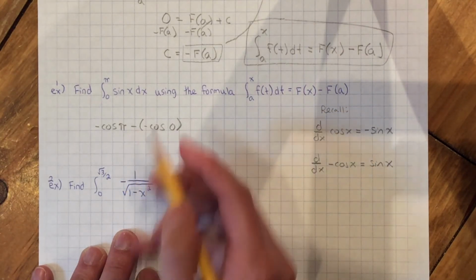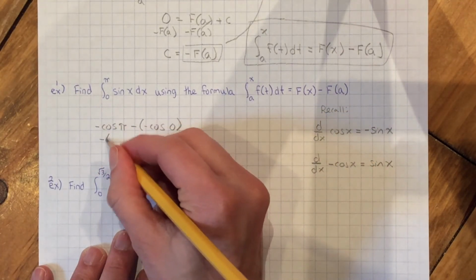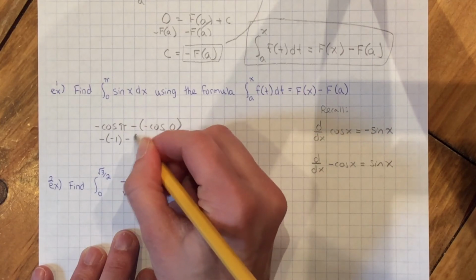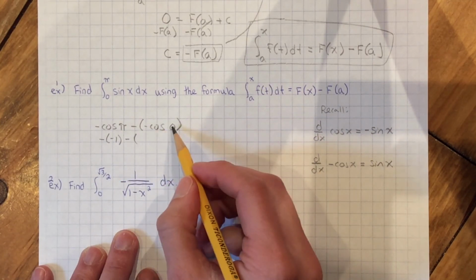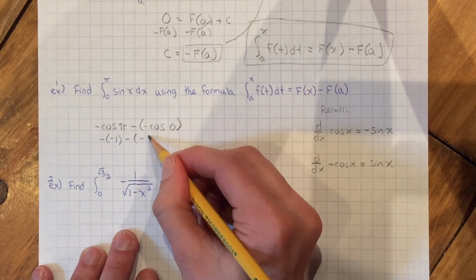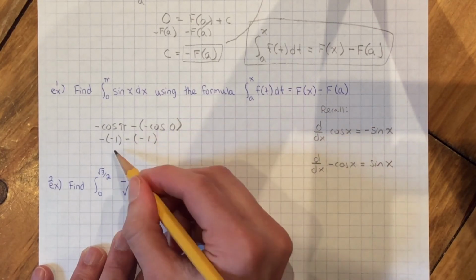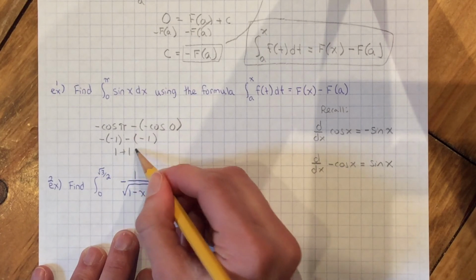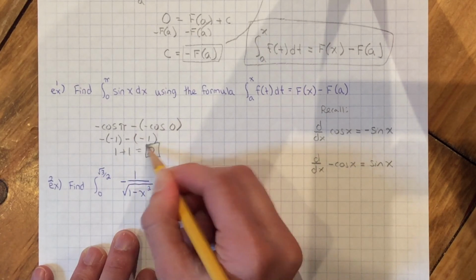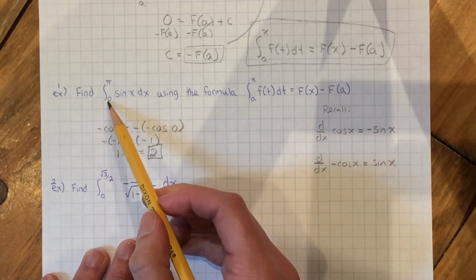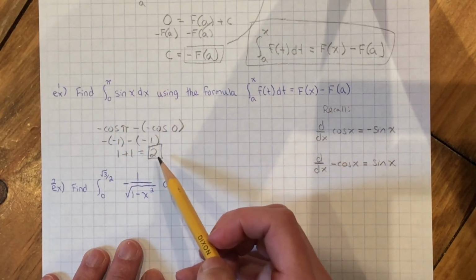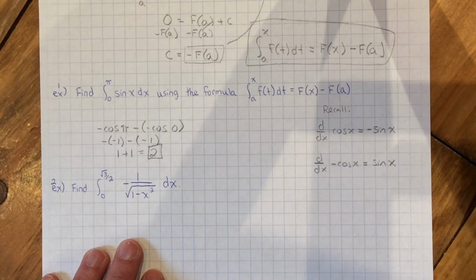Cosine of pi is -1. The negative out front just carries down. Negative cosine of 0 is also -1. The negatives cancel out, so this becomes 1 plus 1, which is 2. So the integral from 0 to pi of sine of x dx is equal to 2. That is the area under the function